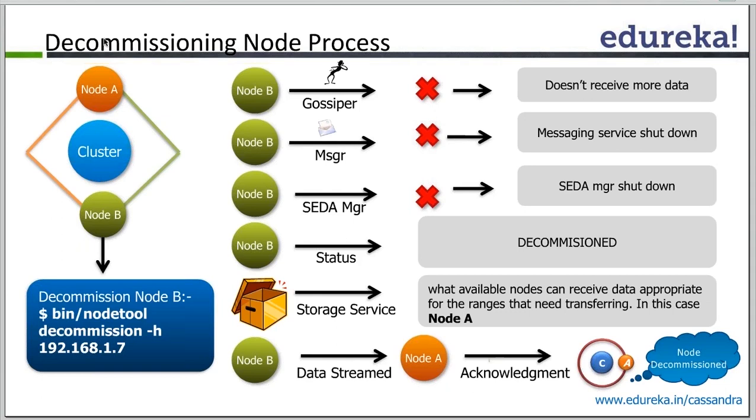First, it shuts down the gossiper, so it doesn't receive any data from the other nodes. Then it brings down the messenger. The messaging service is shut down, and then it brings down the data manager, so that all your thread pools and everything that are there for the different stages are all brought down. Then it marks the status of the node as decommissioned,